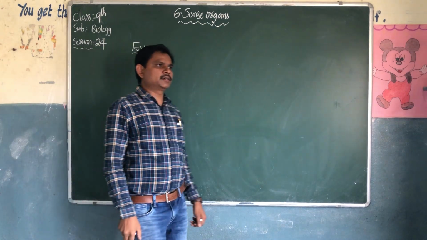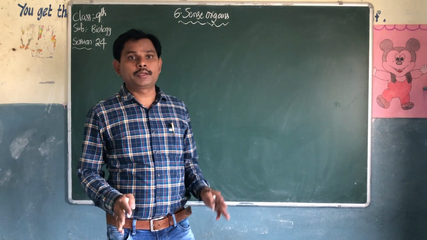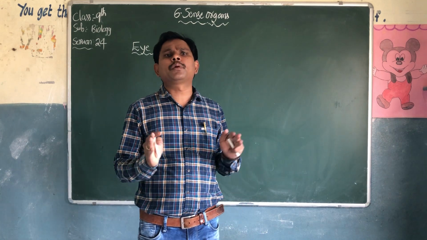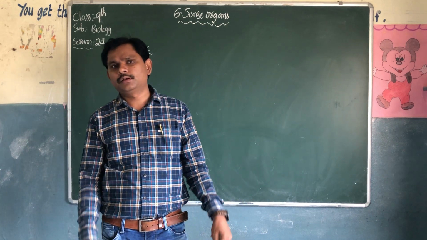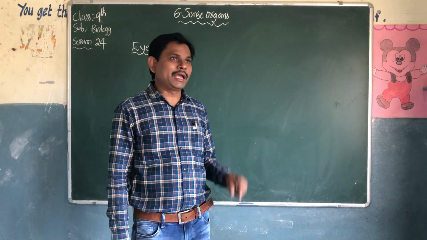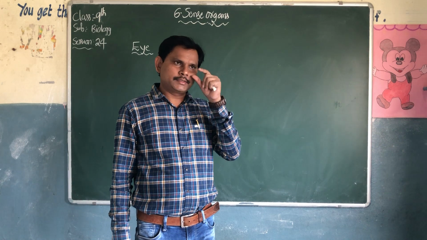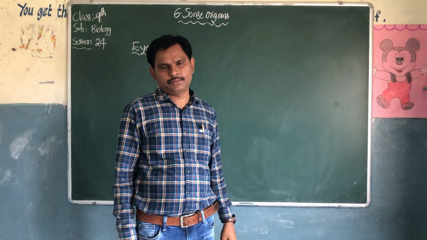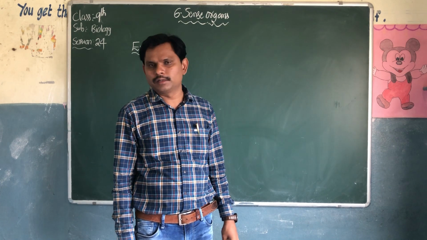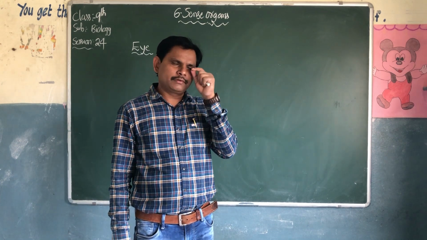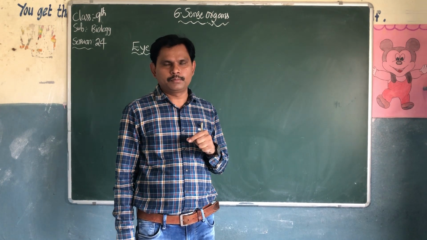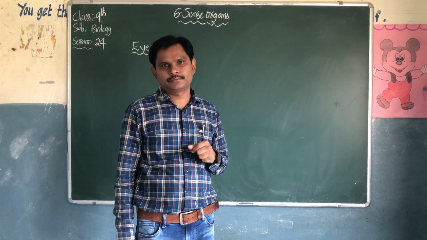In the last class we discussed how important the eye is to our body. The eye is a very sensitive part of our body. That's why our eyelids always move up and down to protect the eye from dust and harmful organisms. In the eye, moisture should always be there. If any dust particles are there, it will clean them.